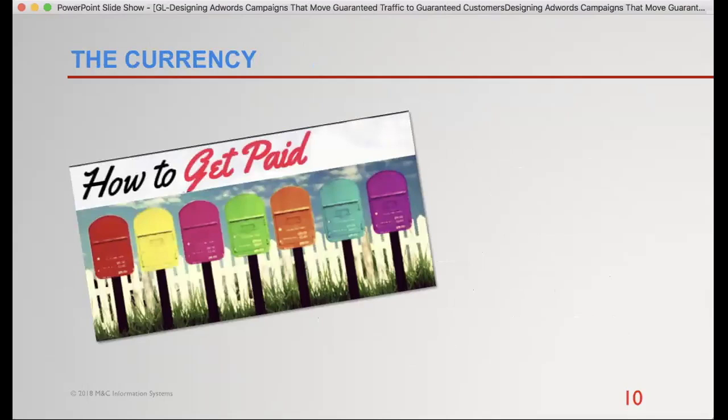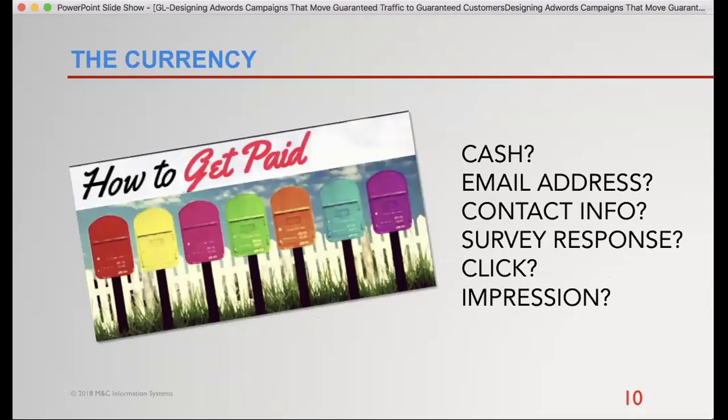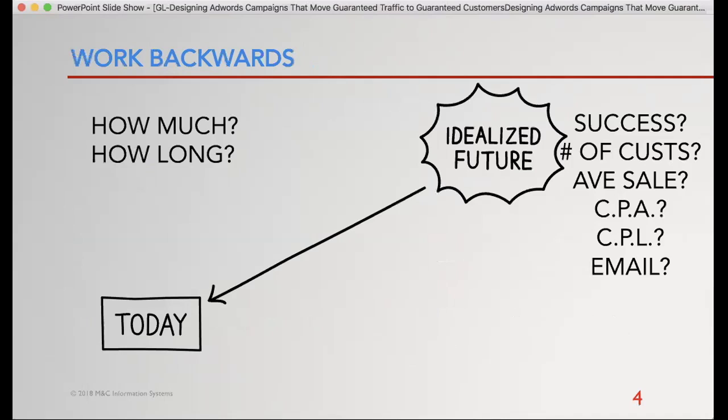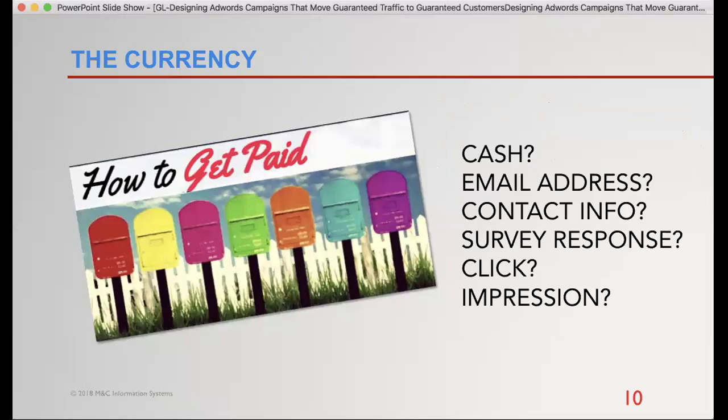Another way to look at this is how is it that we're going to get paid? There's obviously cash in what we're looking for to get out of these campaigns, but if we go again all the way back to our idealized future, what does success look like at that time? Is it always in sales? Sometimes we can get paid with email addresses. We have a customer whose sales cycle was so long, they were like, if we could just start to talk to these people long before then, we can get paid in terms of email addresses. So we changed our currency to email addresses, and that helped with the cost per acquisition for an email address.